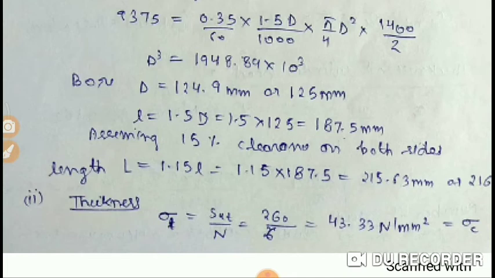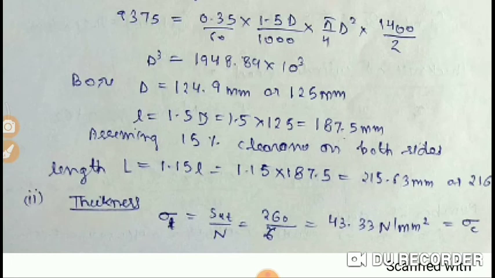Here a very important point is that the material is given, that means sigma t is given. Sigma t is the permissible stress. Because the material is given, its SYT or SUT is given. In this problem SUT is given and the factor of safety is also given. So we can easily calculate the permissible stress, that is equal to failure stress upon factor of safety. So permissible stress sigma t is equal to SUT divided by factor of safety.